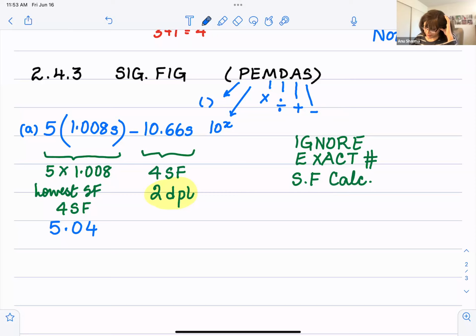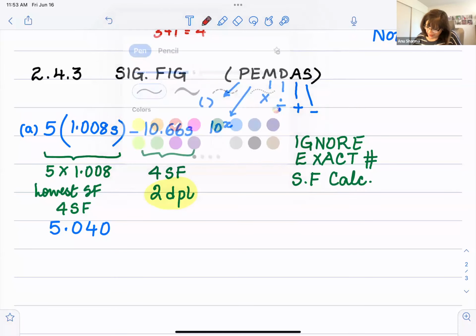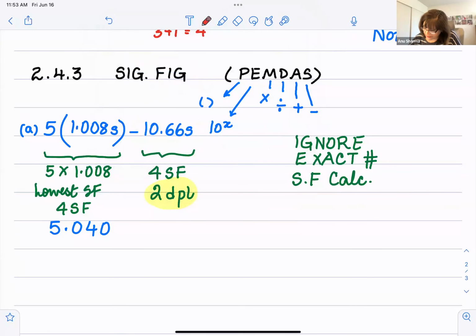Generally, we ignore it, but remember, 2 places. Even if you do 4 significant figures, 1, 2, 3, 4, you bring zeros, so put 0 here, 5.040. Then subtract 10.66. So 5.040 minus 10.66, and you get negative